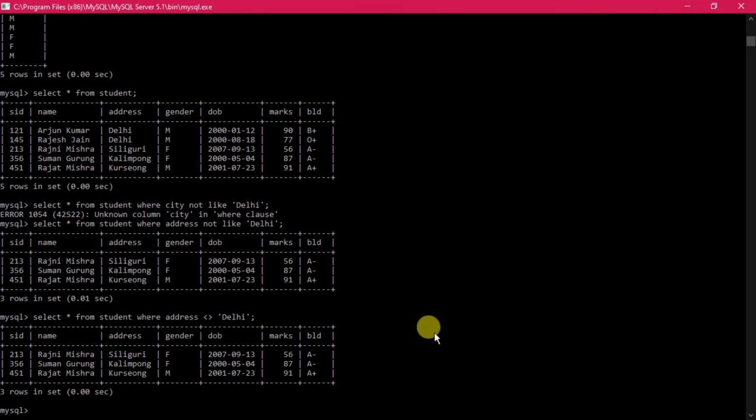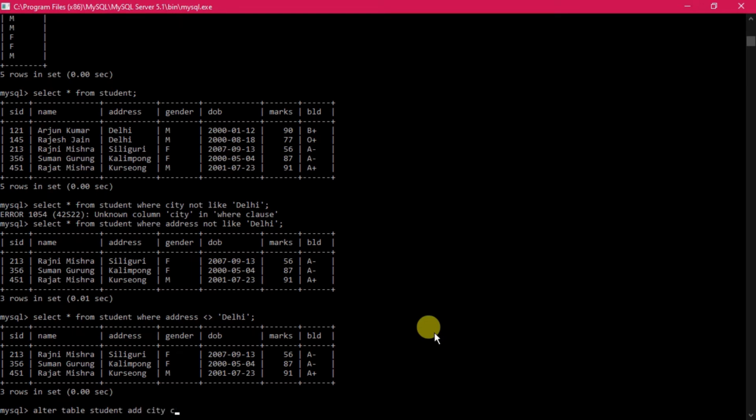Sorry, I forgot to demonstrate one ALTER command, that is by using the default value. So once again: alter table student add city, and then give the data type.